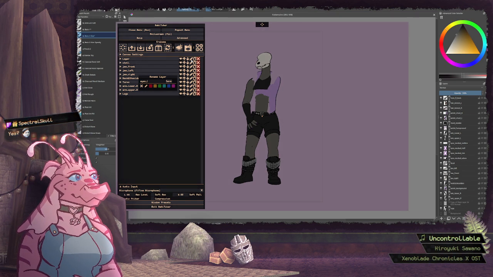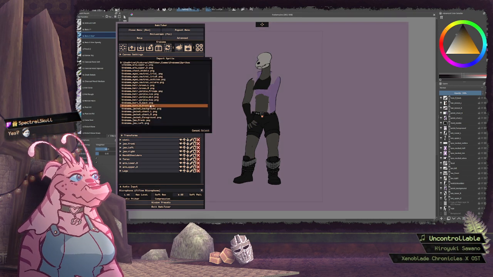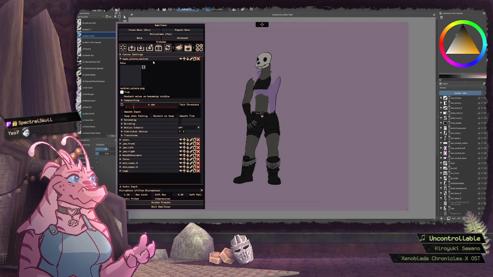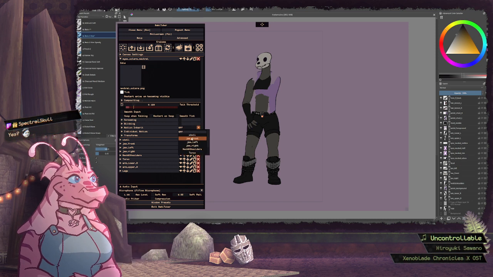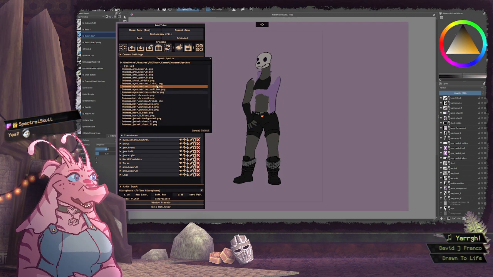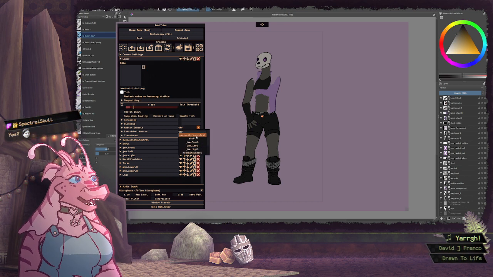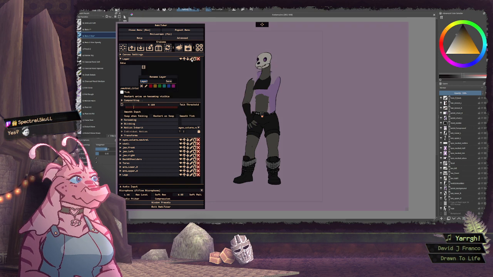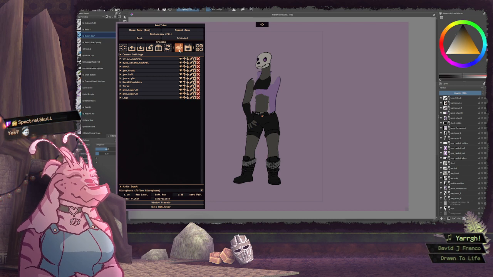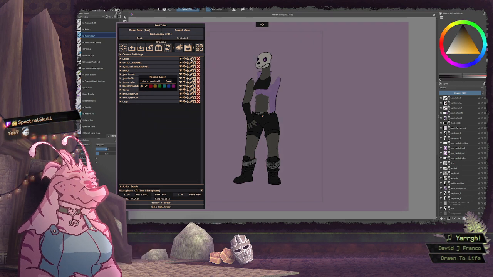Eyes. Sclera. Neutral. Select. That inherits off of the skull. Eyes. Iris L. Also inherits off of... Oh, that's going to inherit off of the sclera. Iris R. Neutral.